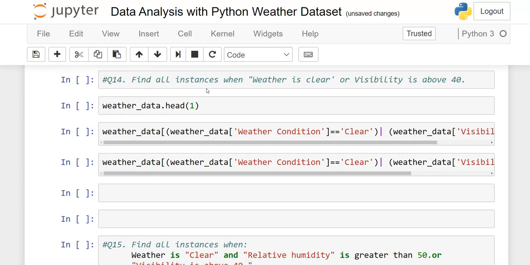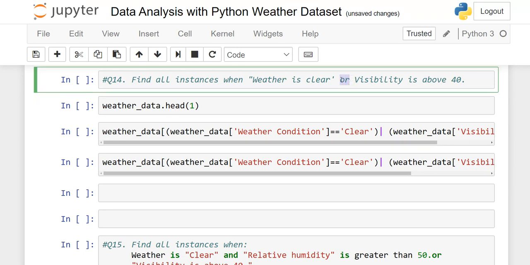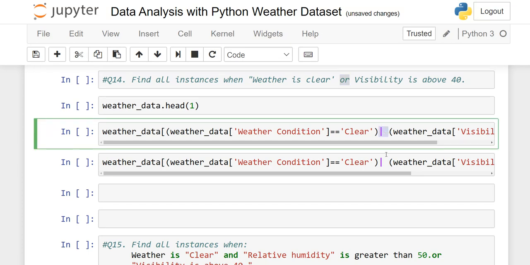Okay, find all instances when weather is clear or visibility is above 40. Now see, two conditions, but there is an or operator. There is a difference between and and or. And means both conditions should be satisfied. Or means either one condition is satisfied. If the weather is clear, we want the output. Or visibility is above 40, we want the output. Exact same syntax you have to write, but instead of the and operator you have to use the pipe operator